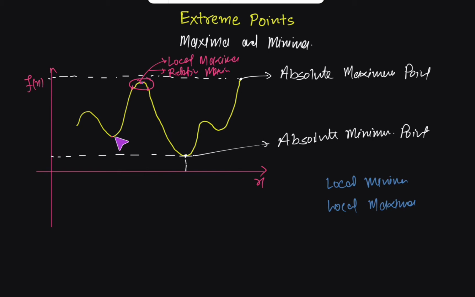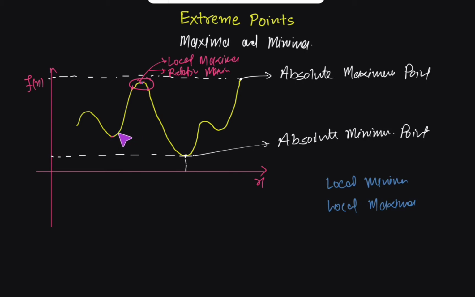This point has some lower value of the function, but definitely this point is not the lowest of this whole function graph. So we cannot name it as the absolute minima, because the term absolute is always used for the point which is lowest for the entire range or entire function. This point has a minimum value only when we compare it with its surrounding. And when I say surrounding, I have to look at both sides of this point.